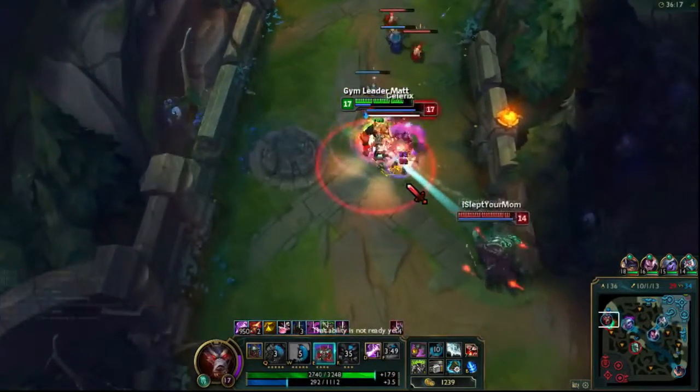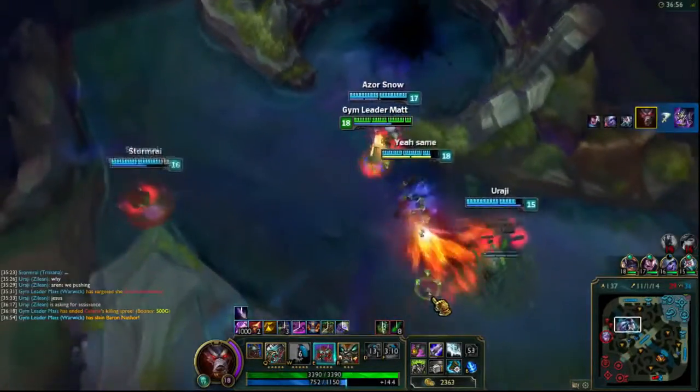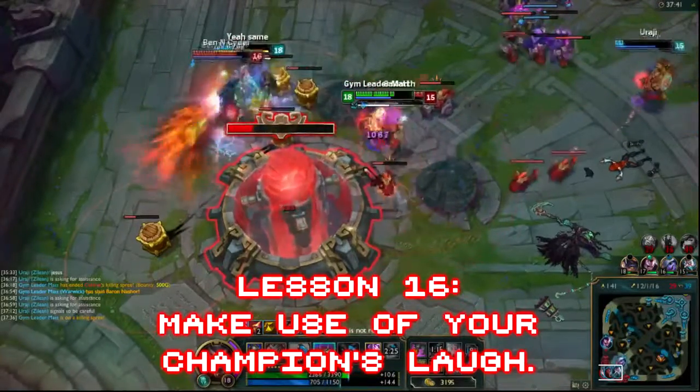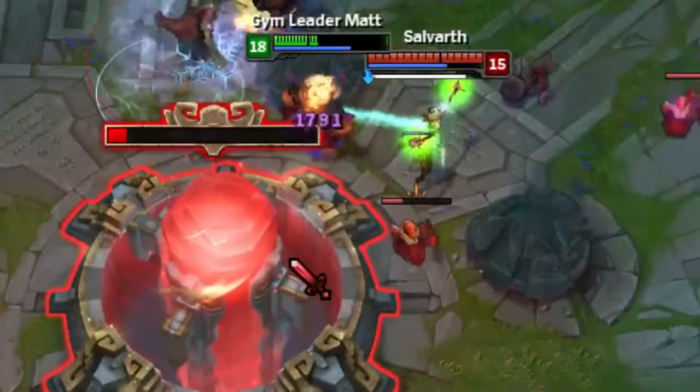From here on out, it's pretty much cleanup. We take 1 more Baron, then we do our final push. Now remember, when you're hitting the Nexus and there's a Fiddlesticks trying to do damage to you, pathetically, just make sure you do a couple of laughs before you win, and that's pretty much it. We won a game. That's it. So this has been my guide